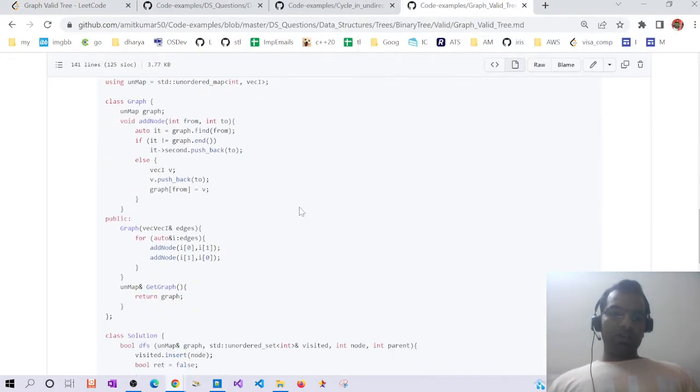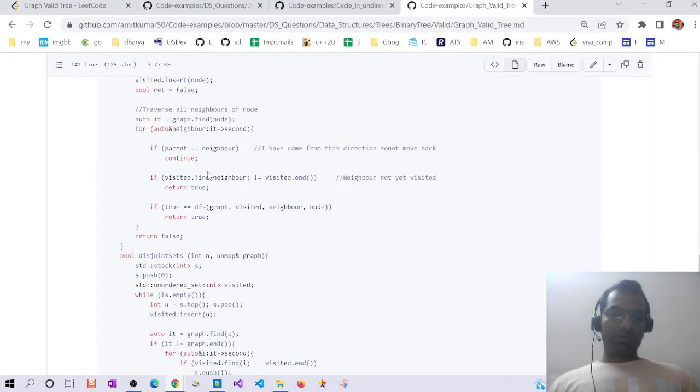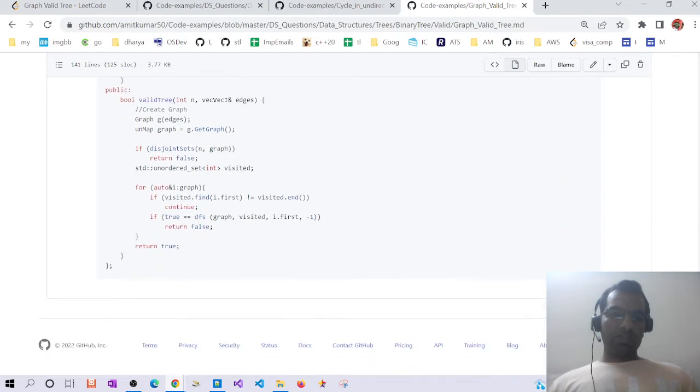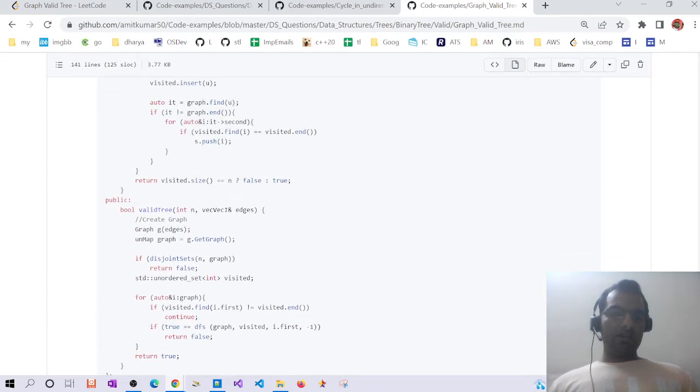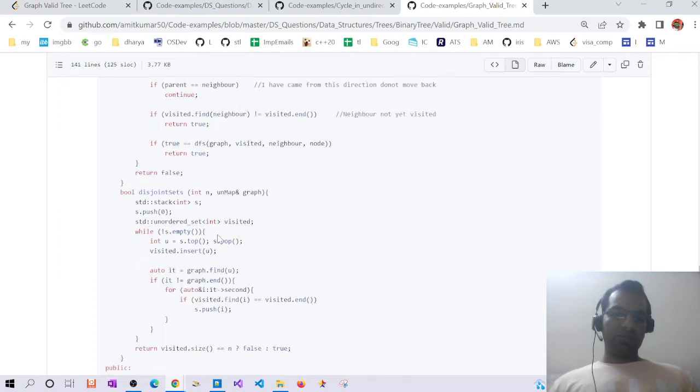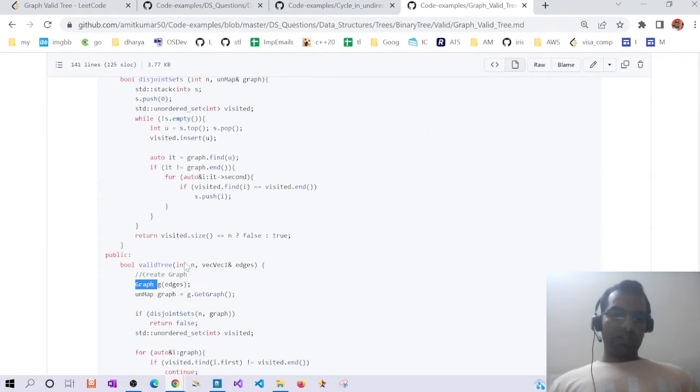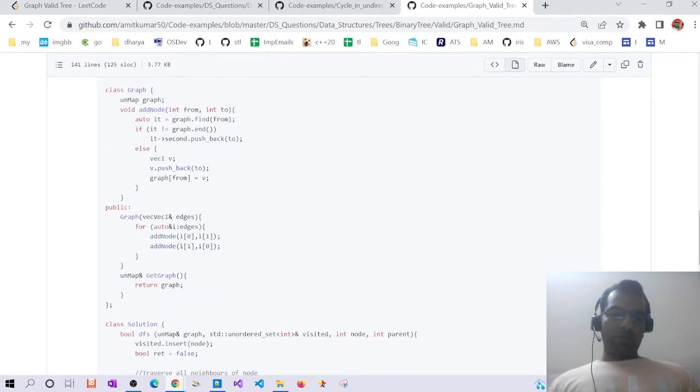So this is how I've created the tree. As the question says, from main, we'll be calling this valid tree. From valid tree, I have called this class constructor. This is graph, and to graph, I have passed the edges. So edges is a two-dimensional vector. So let me go in here,